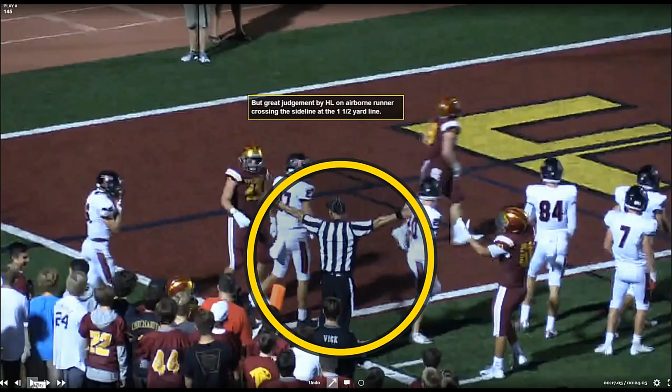And now this guy really does do a good job of getting that spot where the airborne receiver crosses the sideline. So major props there. All right,